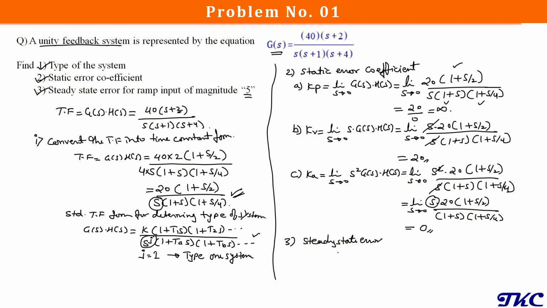The formula for steady state error when we have a ramp input is e_ss is equal to A by Kv, that is the velocity error coefficient, because we are talking here about a ramp input. So we have A, that is the magnitude of the ramp input, as 5. So it will be 5 divided by Kv, which we got as 20. So the error will be 0.25. So here the steady state error for this system when we use a ramp input we got as 0.25, that indicates that the system has a constant steady state error under ramp input.